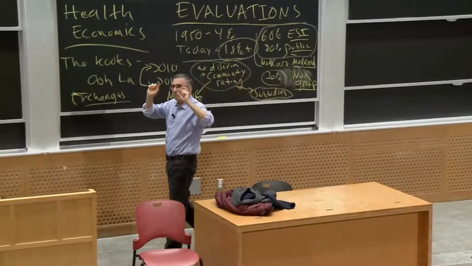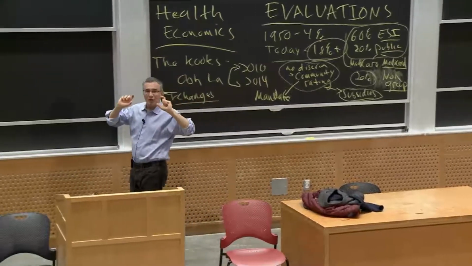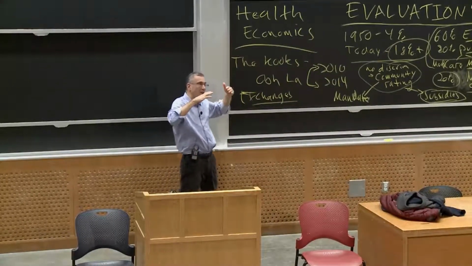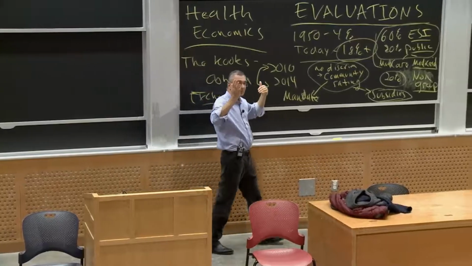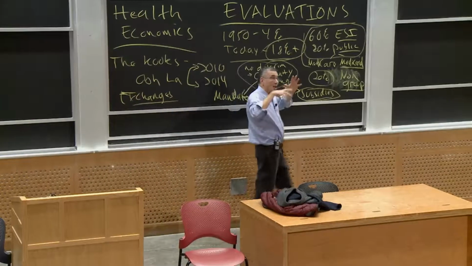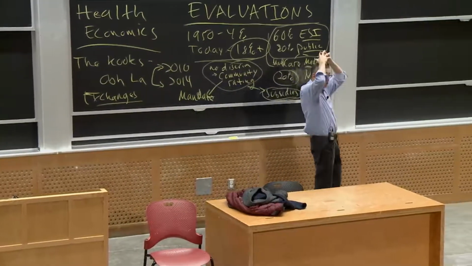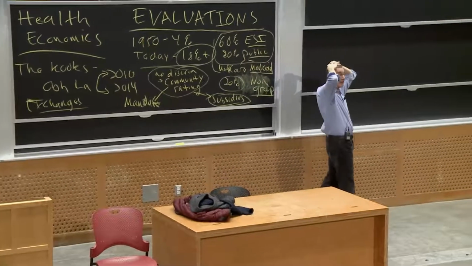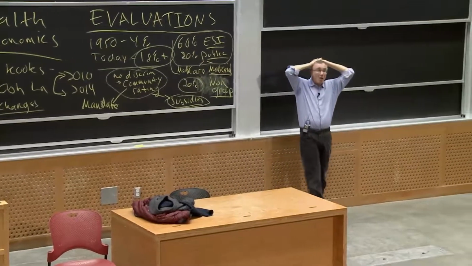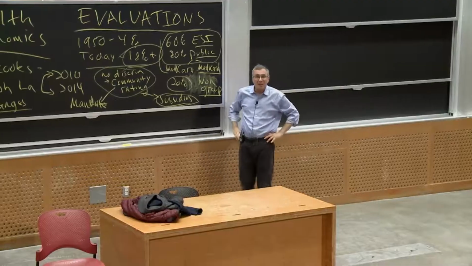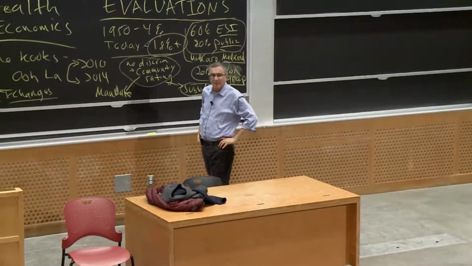What it misses is R&D consists of two parts, the basic science and applying the science. And in fact, the basic science is not paid for by the drug companies. It's paid for by the government. And it turns out the rate of return on innovation to basic science is incredibly high.